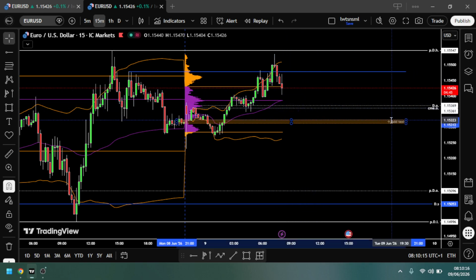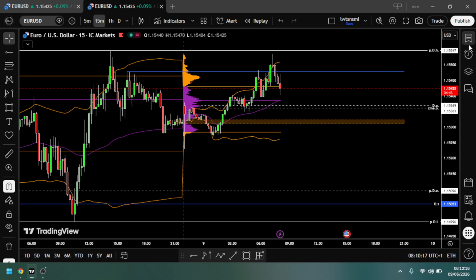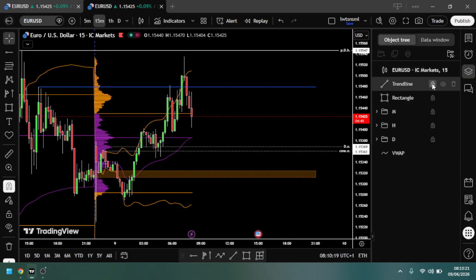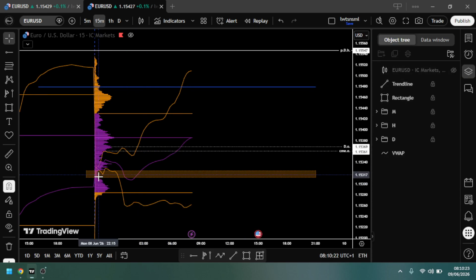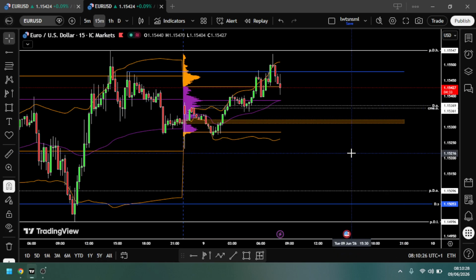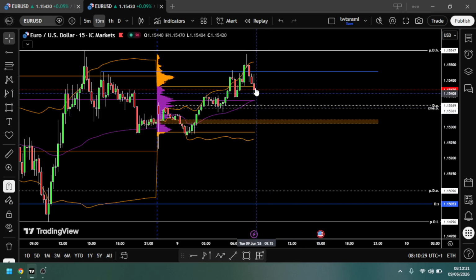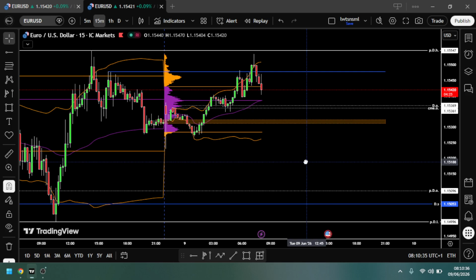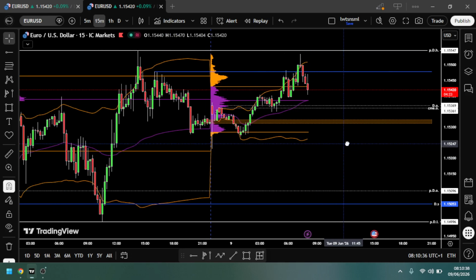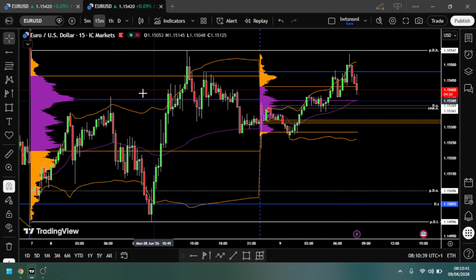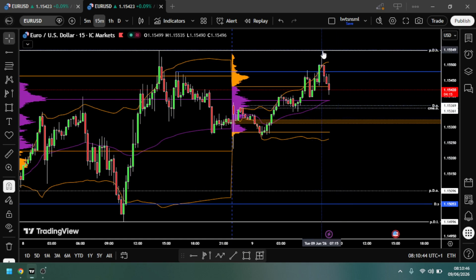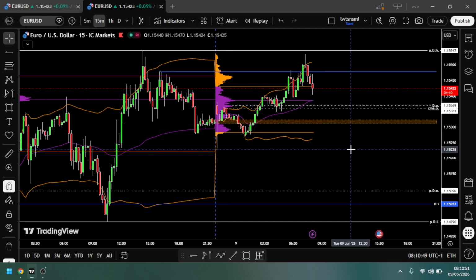And lastly, we have this low volume node to the downside, which you see better if I do something like this. So we have this low volume node area, which is the last bit of hope if we are going to long Euro USD for today. But if we do come through and go through it, the downside possibilities are very, very high. One thing to just note is that we are trading inside the range. The current day's value is still inside the prior day's value, but we did go up. So my bounce, that is what I'm still expecting.